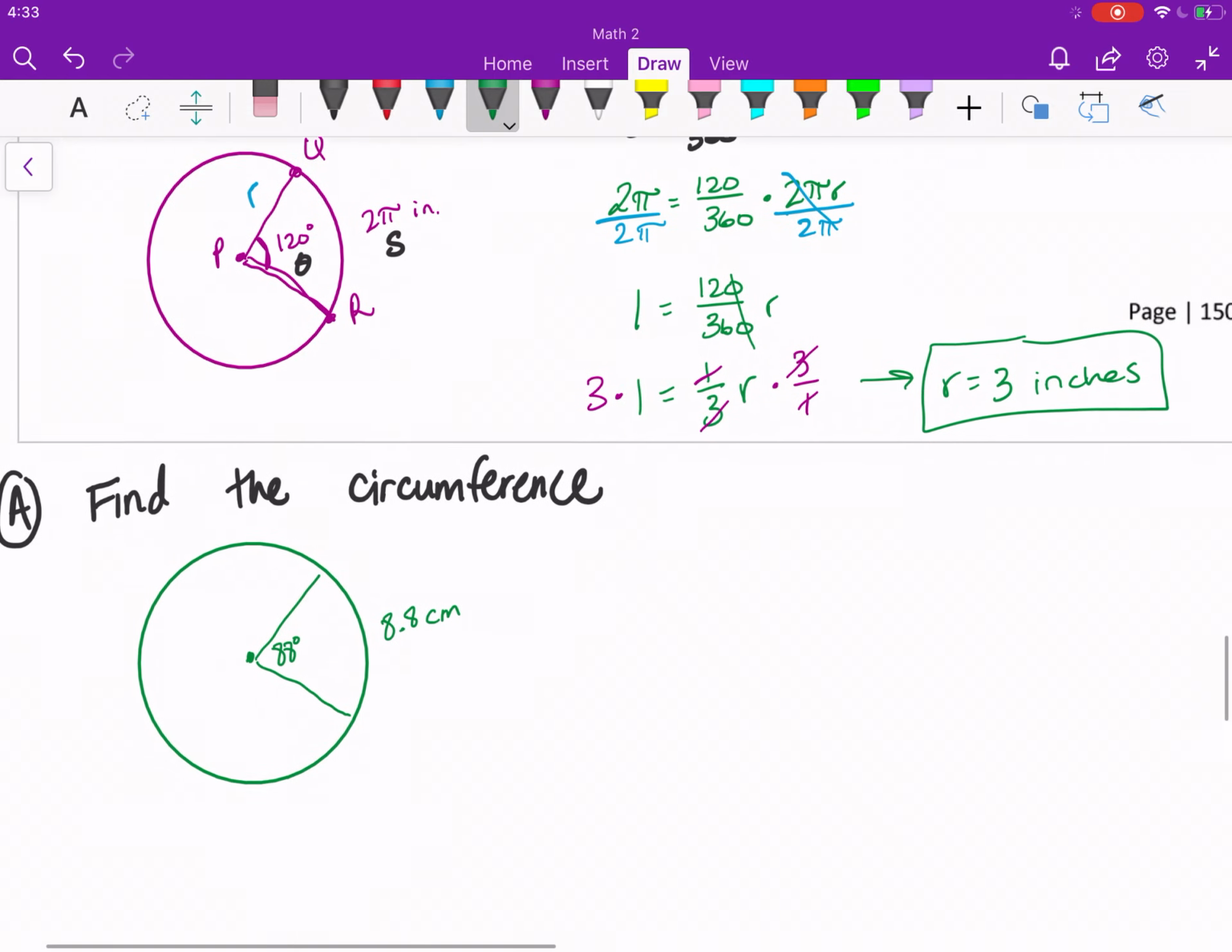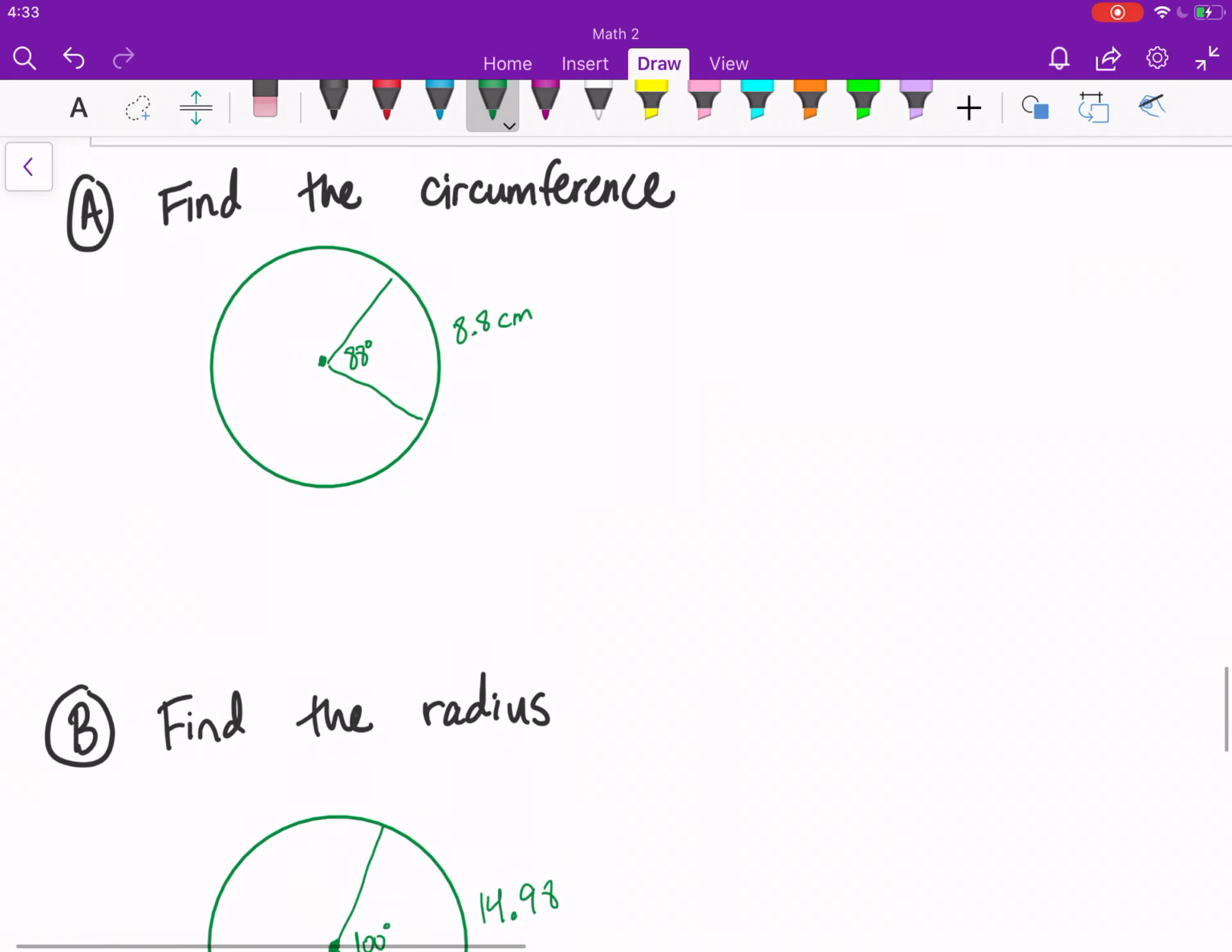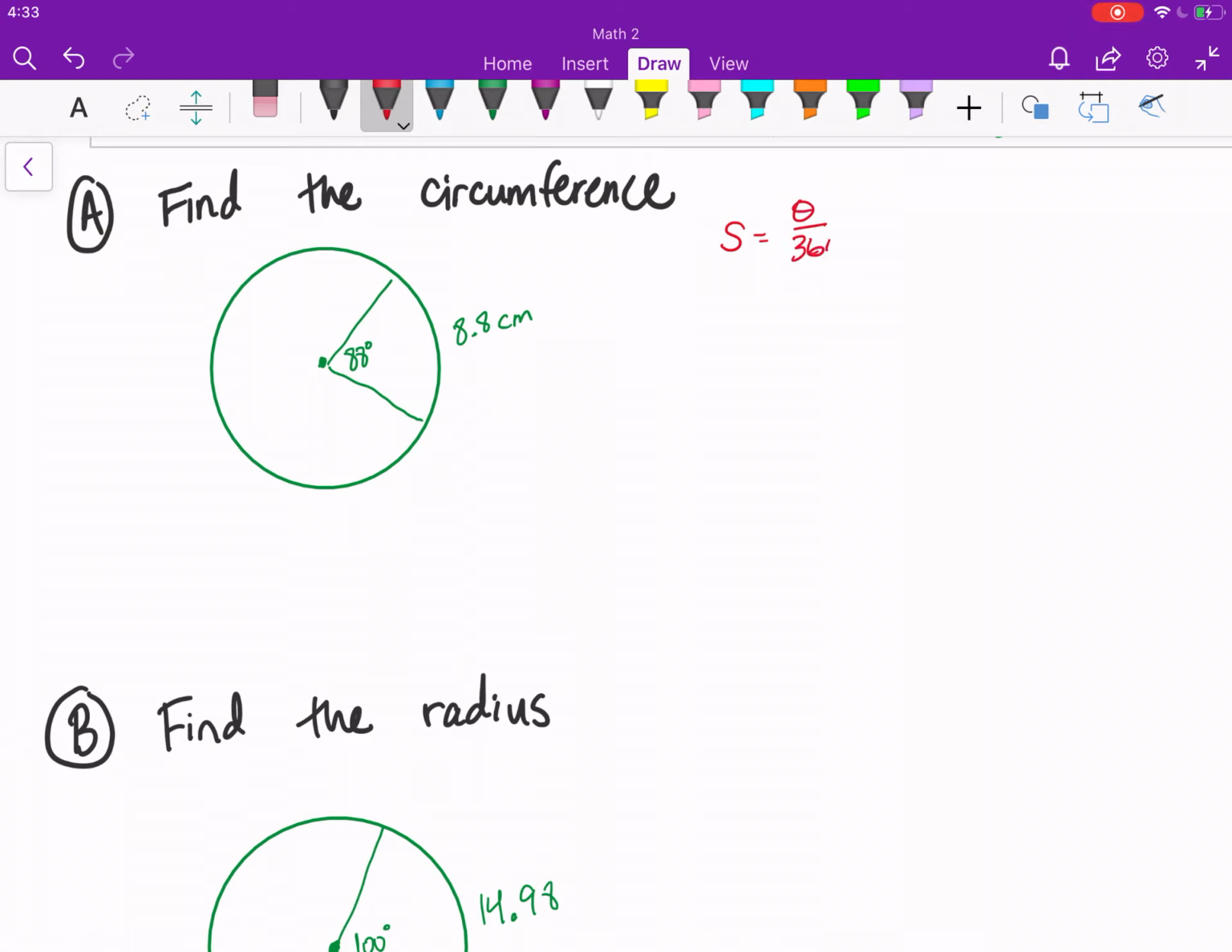Let's just work through going backwards on it a little bit. So I've made up some problems. So this one we're going to find circumference. So once again, just to recall, your arc length is always theta over 360 multiplied by your circumference. In this case, we've got our theta. We've got the central angle, which is also the arc measure. We also have our arc length right here of 8.8. So we can go ahead and just do a direct substitution of 8.8 equals 88 over 360 multiplied by our